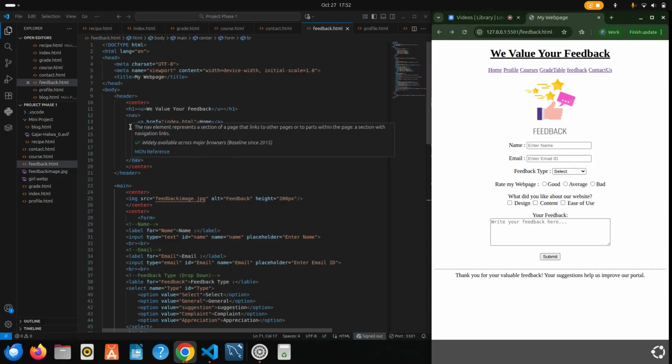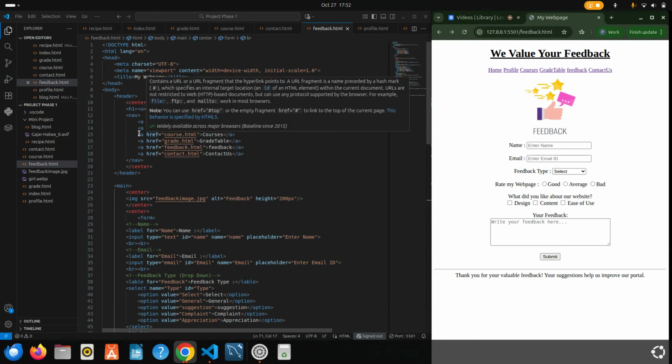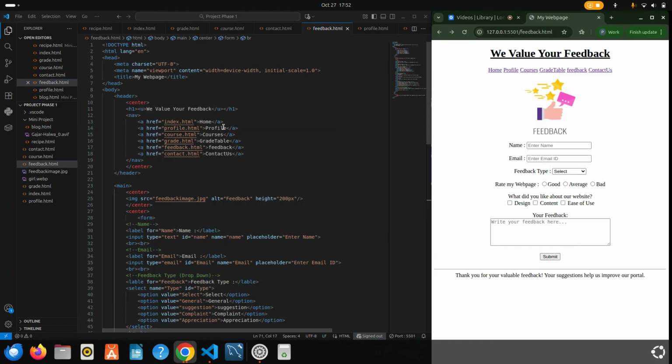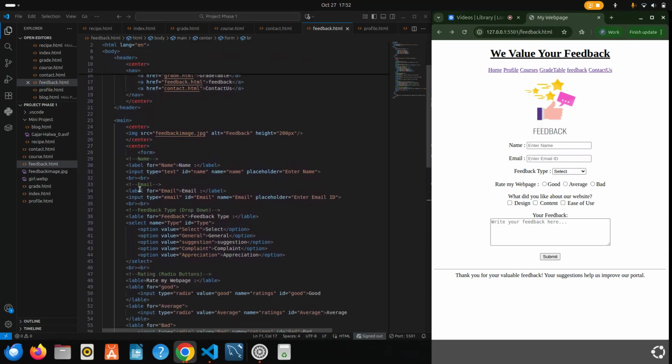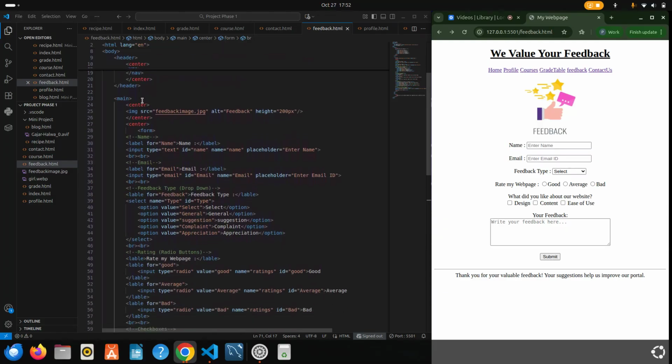This is the anchor tag, used for links, and href is the address of the link, and this is how it appears on the page, like this. Here the main tag contains the central content of a page.